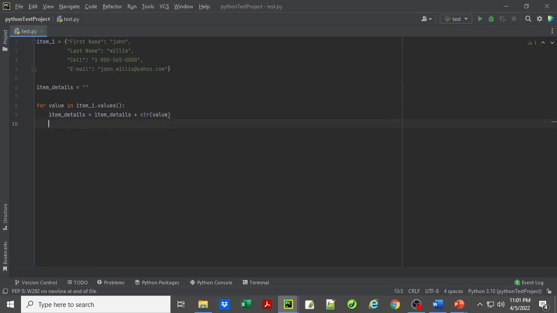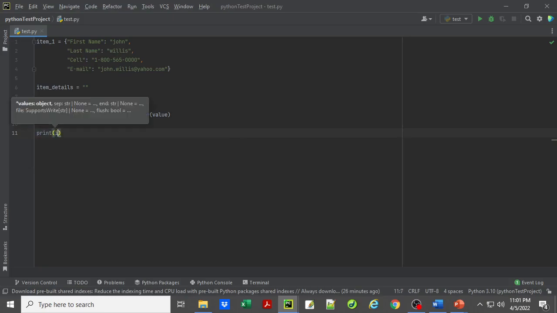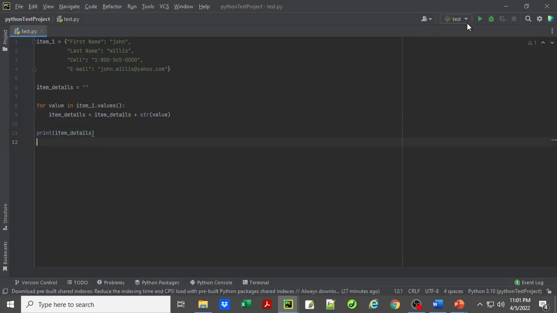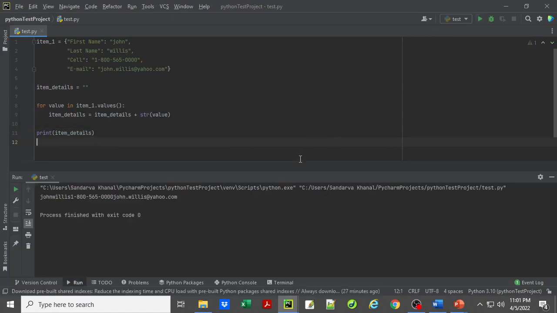So at the end of this for loop, when we do the print statement, we'll just print item details, and as you see here, this gives us an output, John Willis, with the phone number and the email address that was in the dictionary. Now the problem with this is it's not giving us a readable output, so we will add an empty string at the end here to take care of that